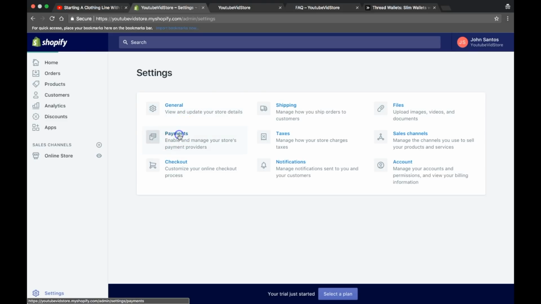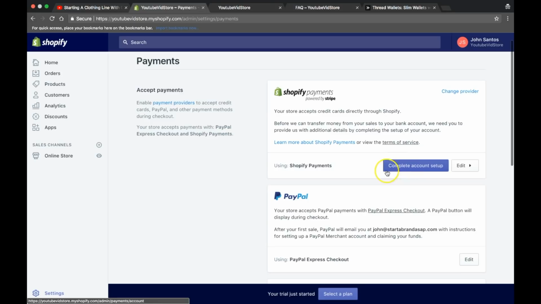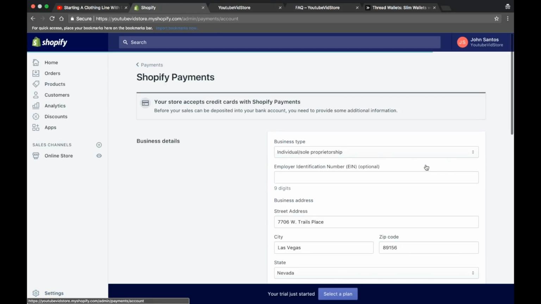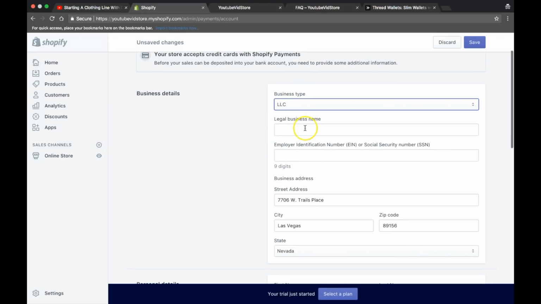The most important thing when setting up your store is going to be getting paid, okay? So you want to make sure that you complete the account setup so you get paid. All right, so right here is going to ask for your type of business. If you're an LLC, select LLC. If you're a sole proprietor, select sole proprietor, etc., etc. All right, so